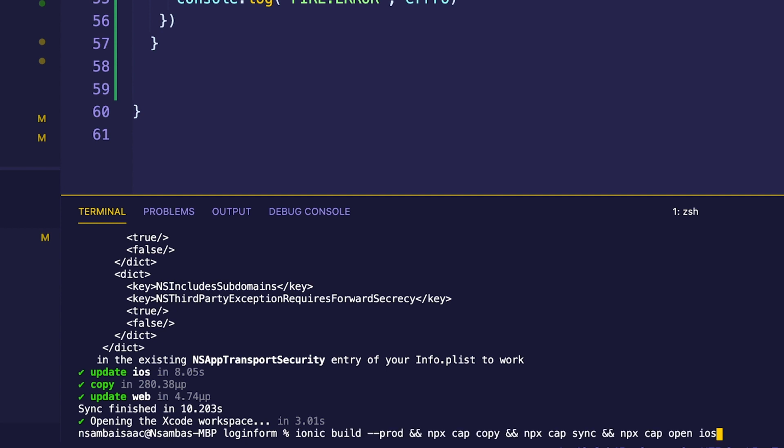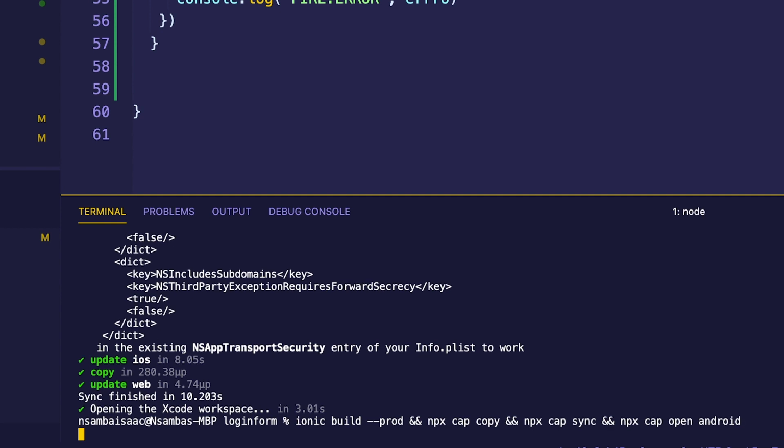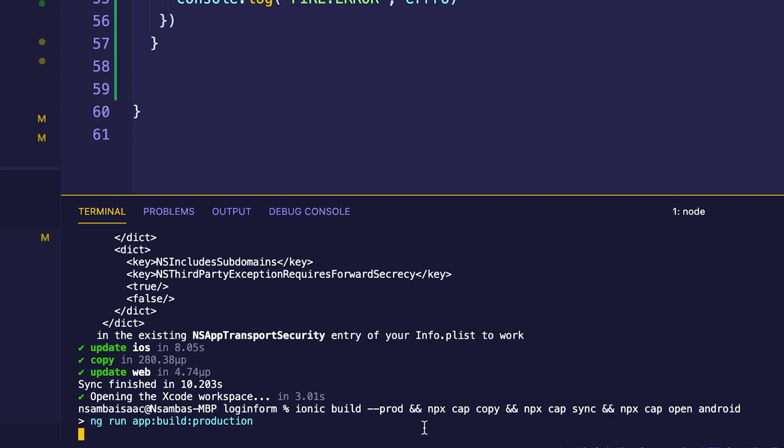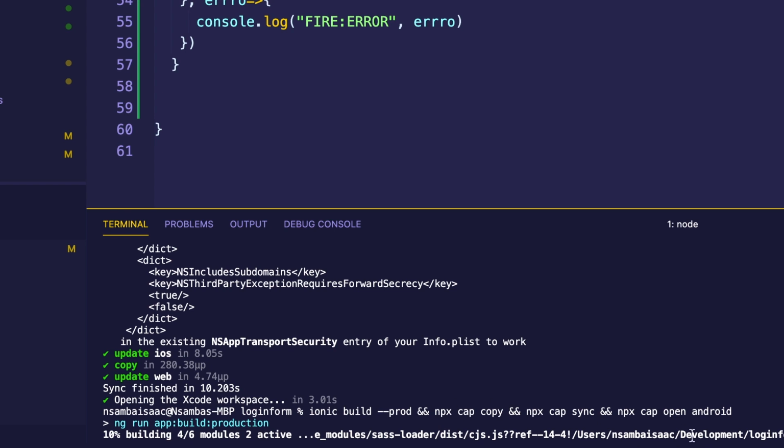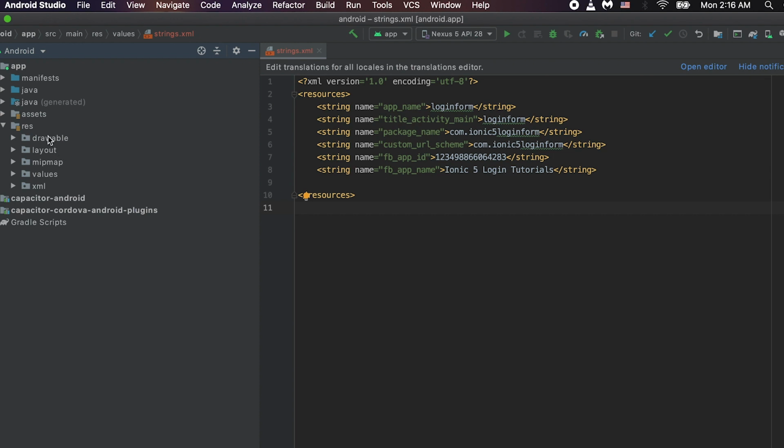Alright, so let me run our command. We are running the same command we have been using with iOS. So let's run for Android. So this command will run and open our application in Android Studio. So if you don't have Android Studio installed, make sure you install it. Alright, now our application has opened in Android Studio, and this is